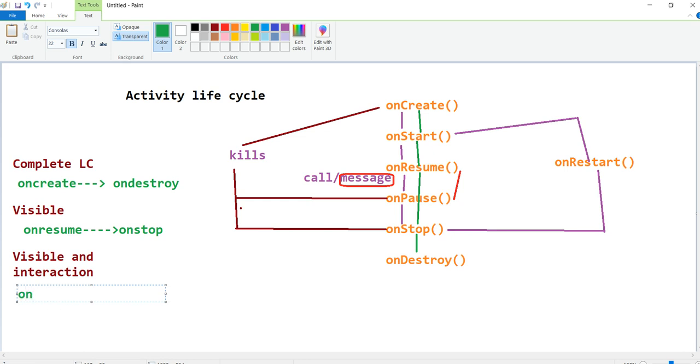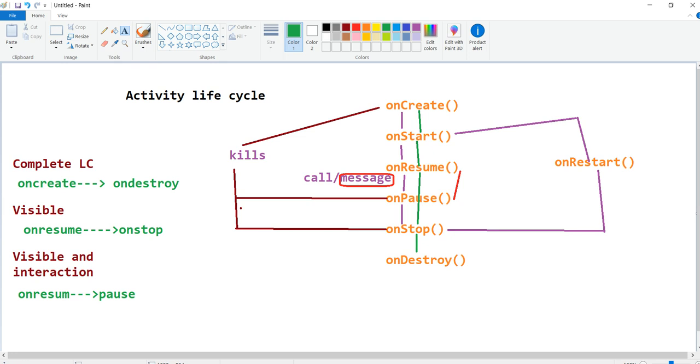The interaction level is only in between onResume and onPause. In between these two only, it can interact with the user. Whenever a new activity comes, this activity goes back and cannot interact with the user.